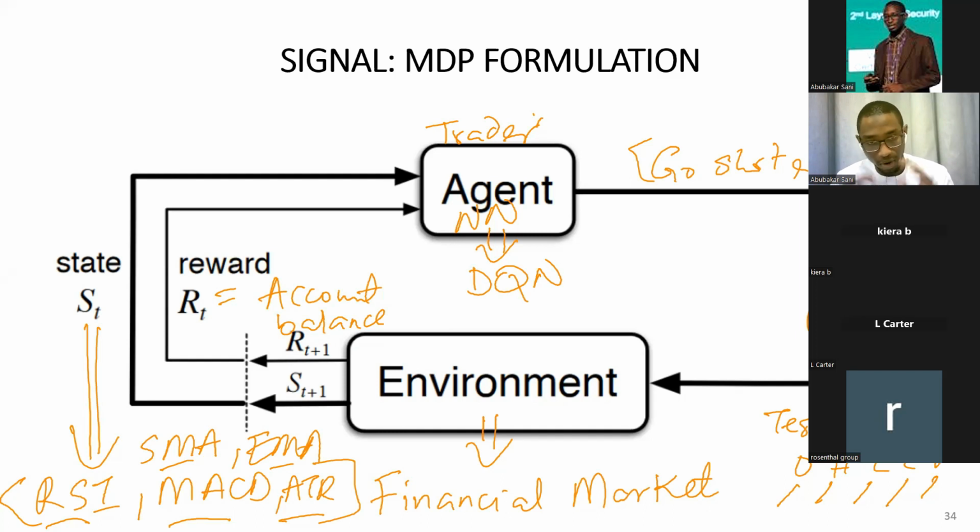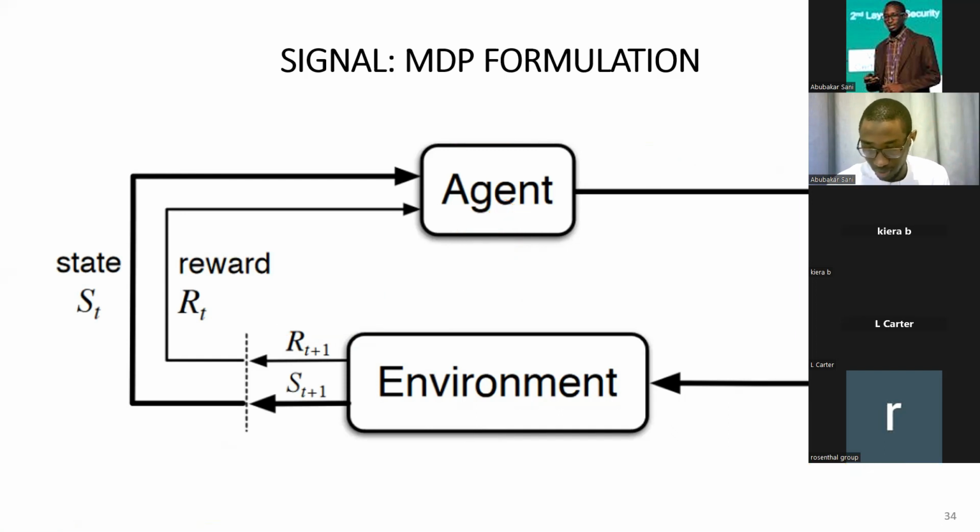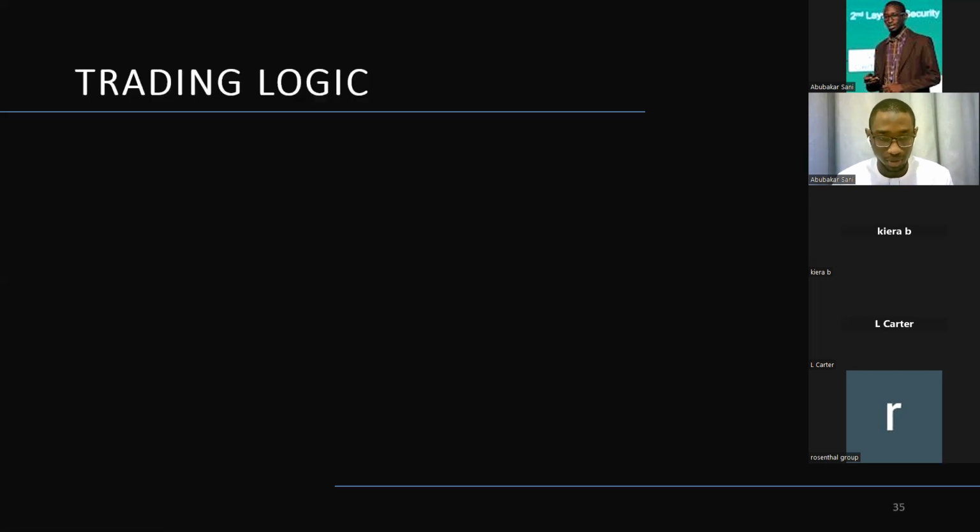Okay, so this is how I formulated the whole problem, and I'm going to talk to ChatGPT, and we're going to have these conversations, and ChatGPT will be able to give me the code that I will be able to run and develop this. I hope this is clear, because this is the most important part, to understand how all these things come into play. All right, so this is how I will get the signal.